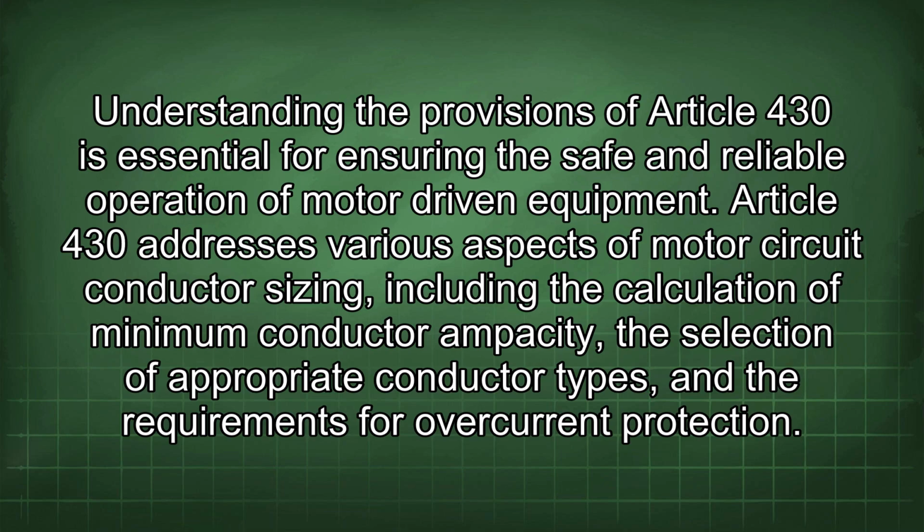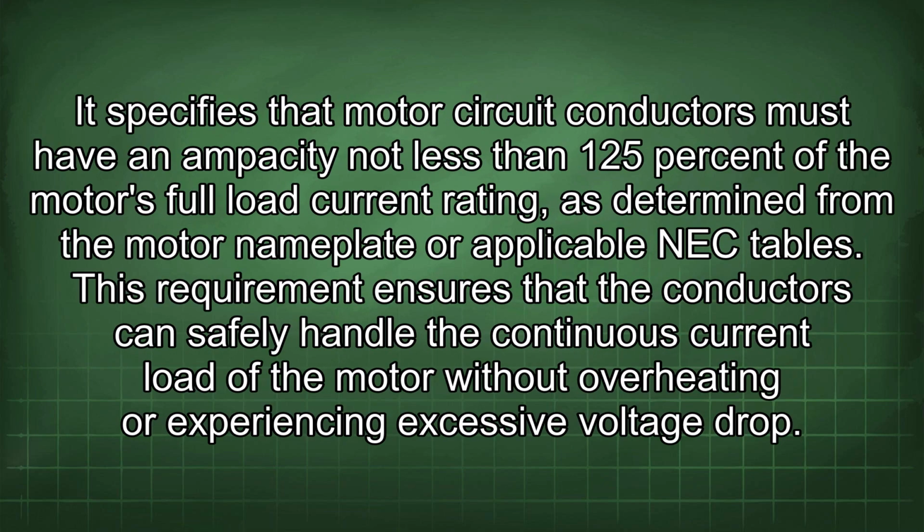Article 430 addresses various aspects of motor circuit conductor sizing, including the calculation of minimum conductor ampacity, the selection of appropriate conductor types, and the requirements for overcurrent protection. It specifies that motor circuit conductors must have an ampacity not less than 125% of the motor's full load current rating, as determined from the motor nameplate or applicable NEC tables. This requirement ensures that the conductors can safely handle the continuous current load of the motor without overheating or experiencing